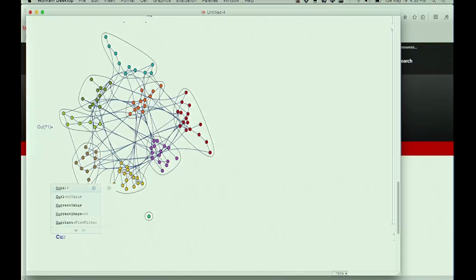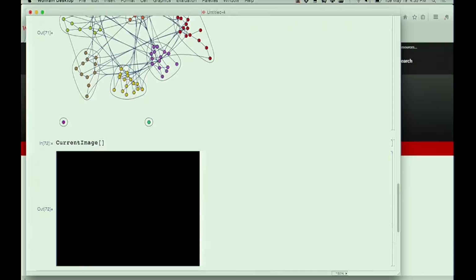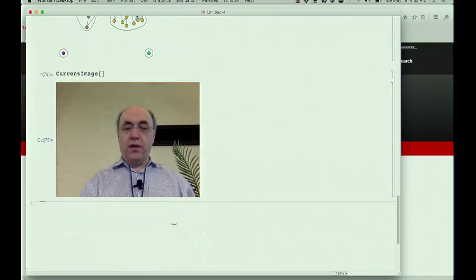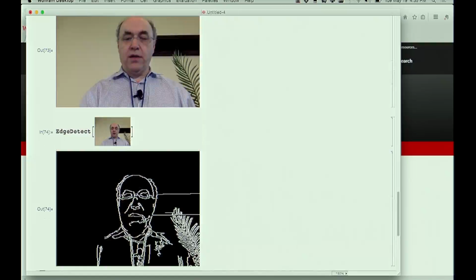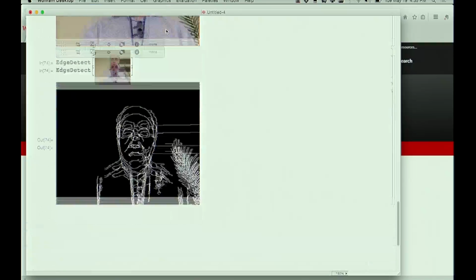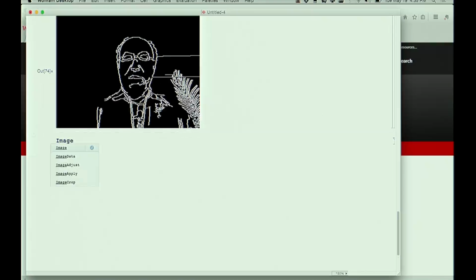So, for example, let's pick up an image here. Okay, let's try again. There we go. There's a bad image, and we can now do whatever computation we want on that image. We could take that image and partition it into little pieces, say size 20 pieces.